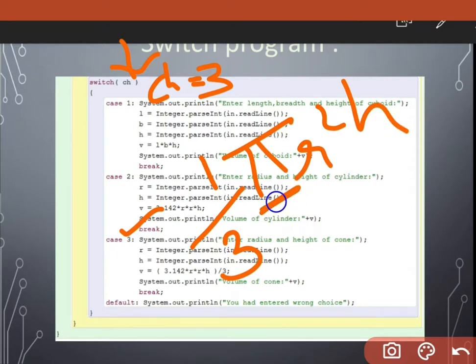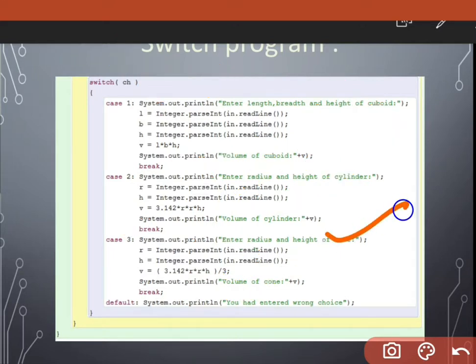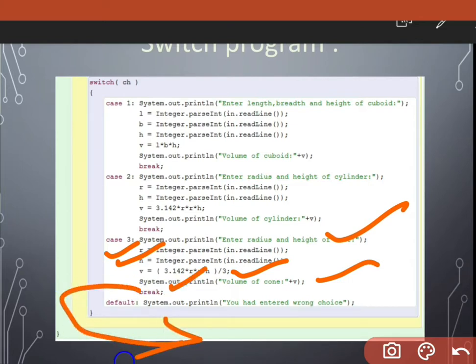We have the value of pi and 1 by 3. What do we need? R and h. That's why we accept the value of radius and height, place them in the formula, get the volume of the cone, display it, and end the switch here.